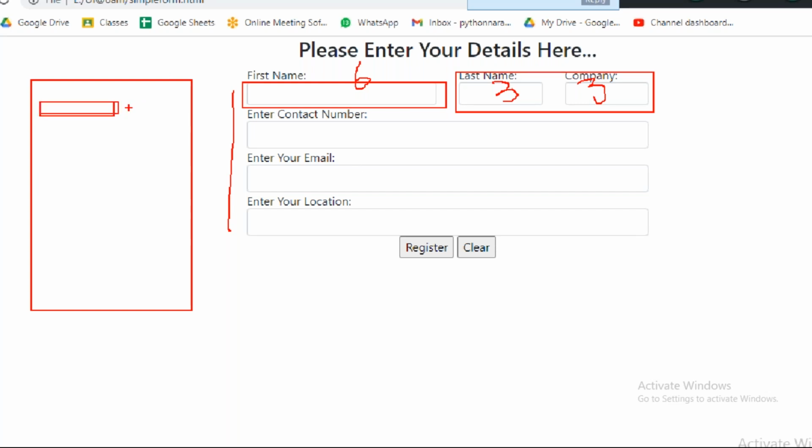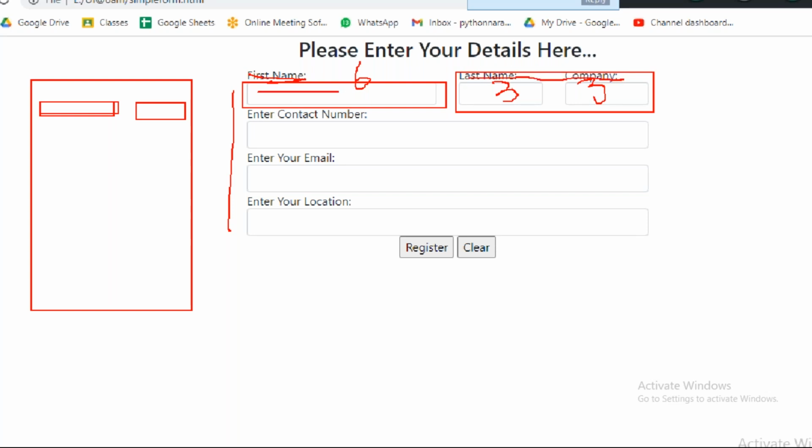First name and last name are in the same line, and they don't have labels. If you see the Facebook registration form, the labels are not there, but they have placeholders, guys.